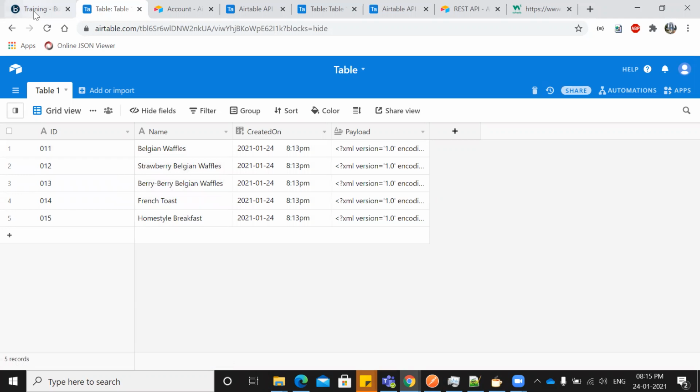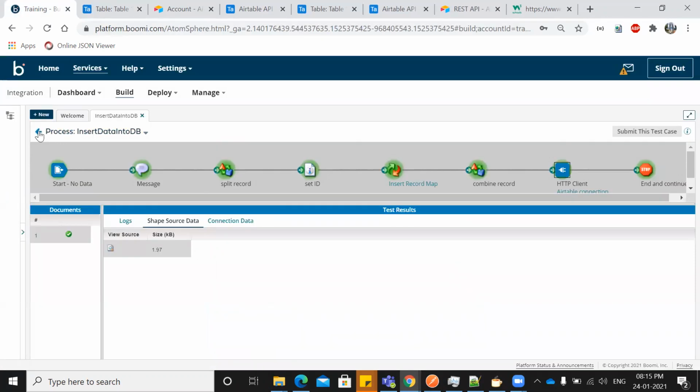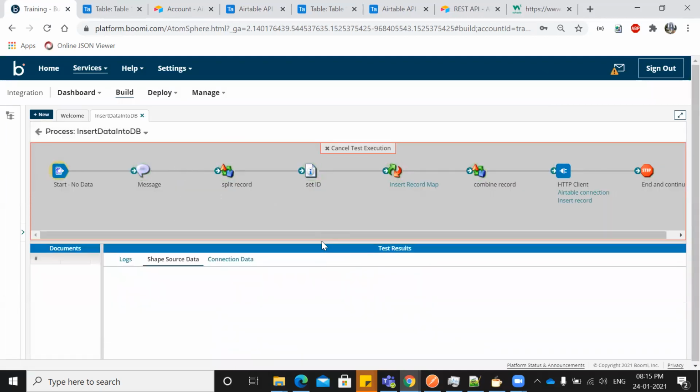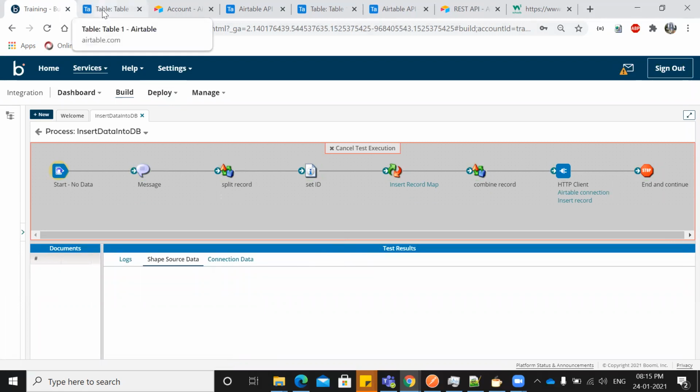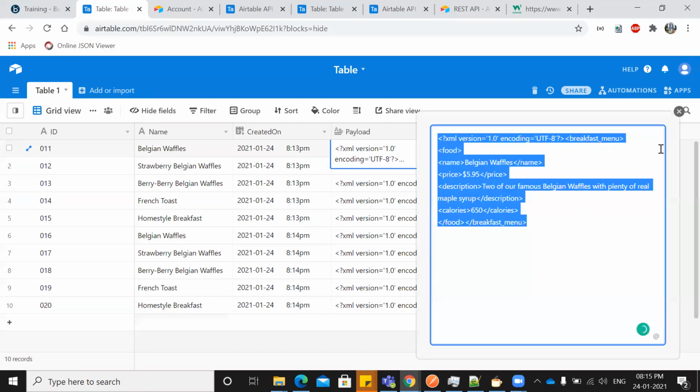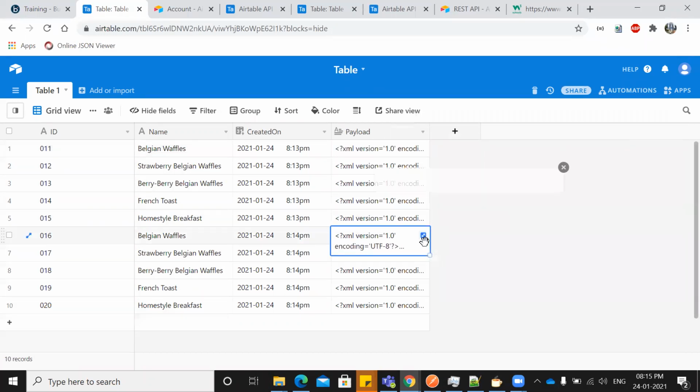If you want, you can rerun the process again. As of now, we didn't have anything enabled, such as the primary key constraint, so the data will be reinserted again with different sequential values. You can see that. This is how simple it is. So you can view the data with respect to each record of the payload.